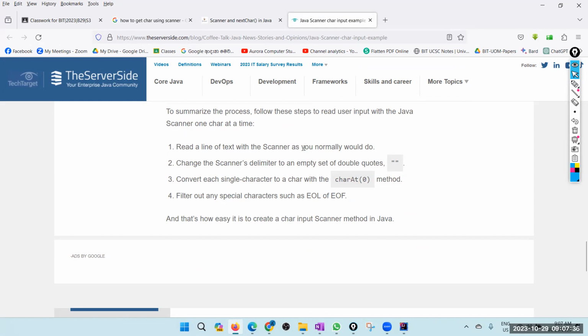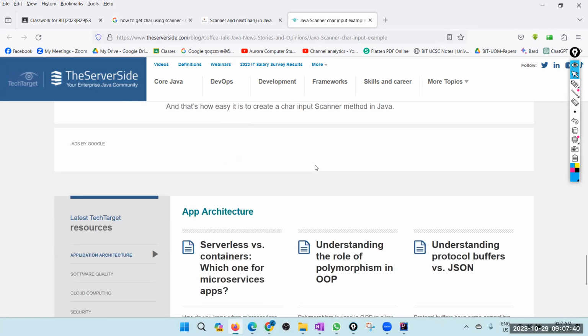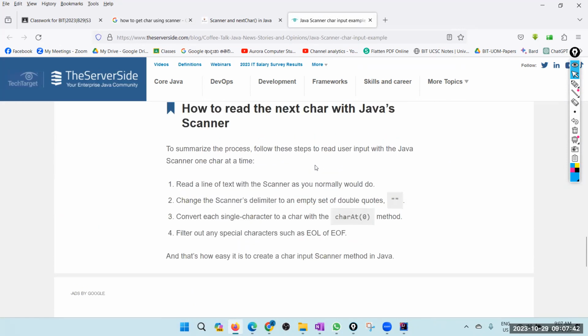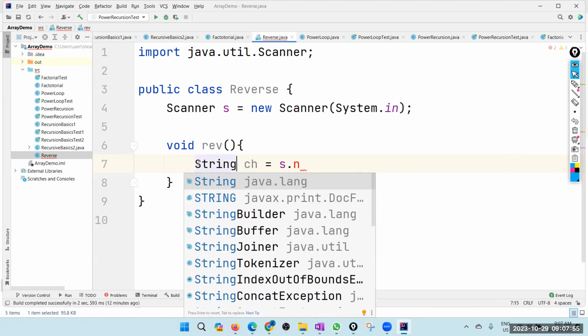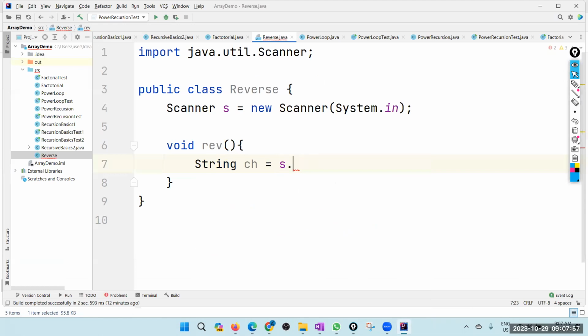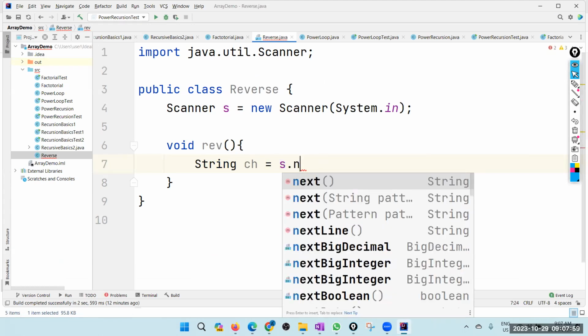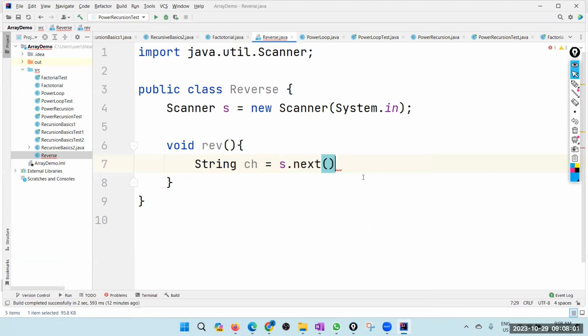Read line of text with scanner as you normally would do. Change the scanner's delimiter, blah, blah, blah. Okay, we'll take it to a string, because we can take one character to a string. So then I can say next, because next returns a string. Okay. Right. So what I do is